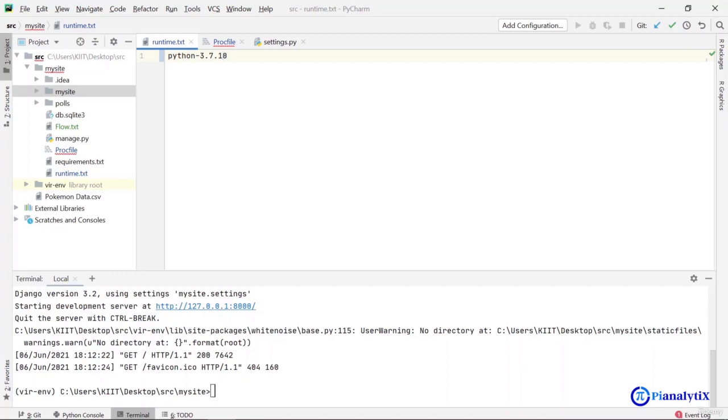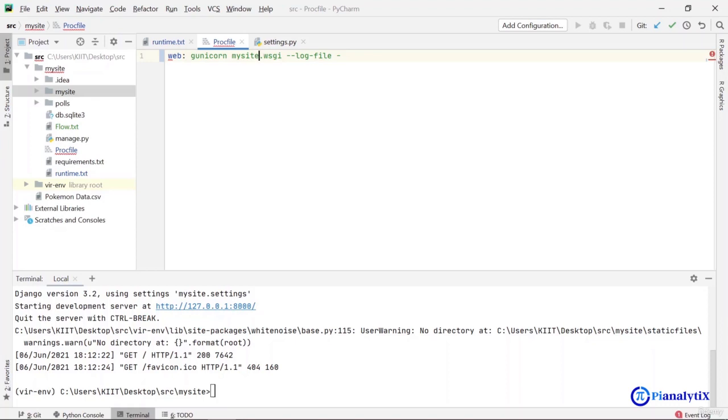Like you can see in our runtime.txt, I have defined Python as my language and the version which we want the server to have. Now the next you can see is the Procfile. The Procfile is the mechanism for declaring what commands are to be run by your application on the Heroku platform.